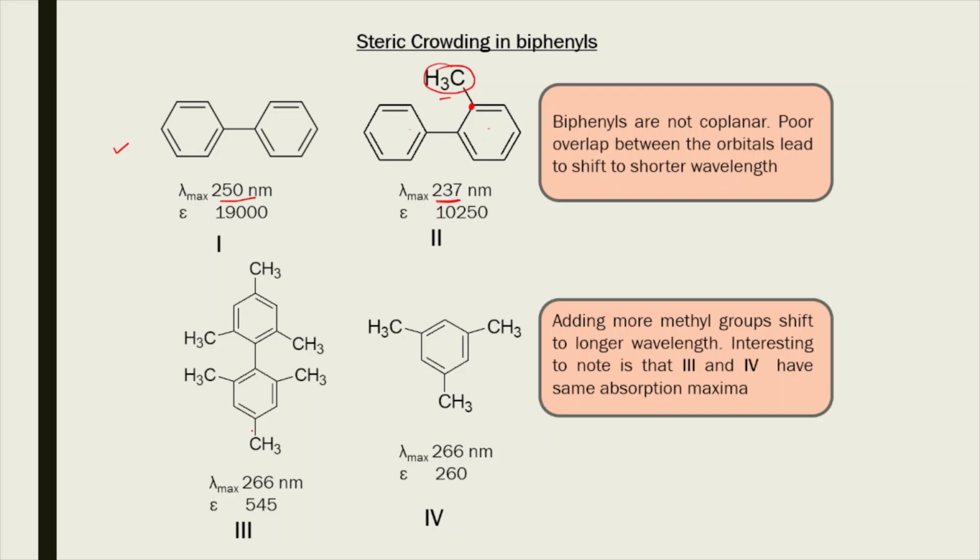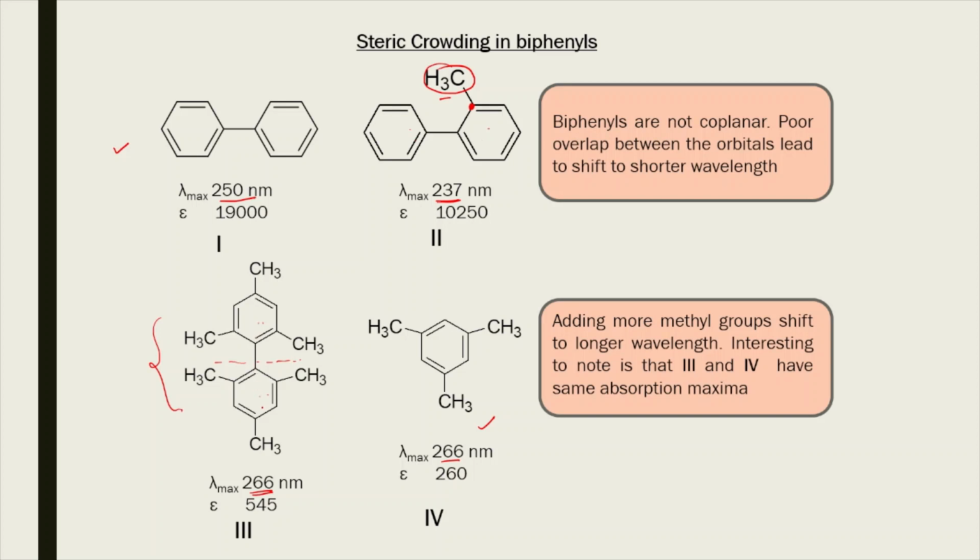Similarly, in another example, we can see that this is the biphenyl system. Its lambda max value is 266 nanometer. This is another system which is not a biphenyl system but has one part of the biphenyl system, and its value is also 266 nanometer. How come? Because in this biphenyl system,